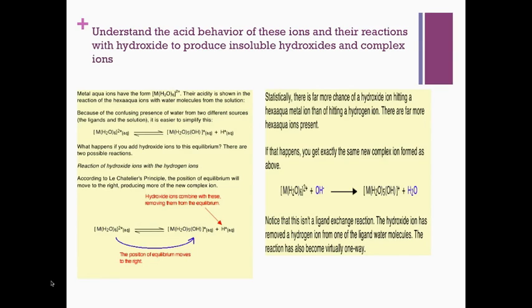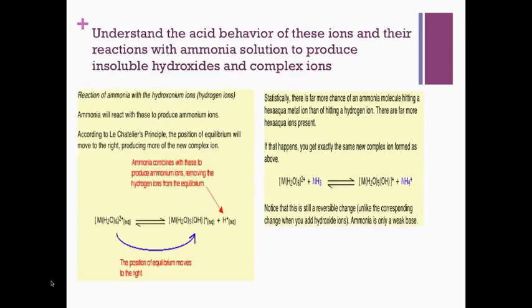So we've just looked at what happens when you add hydroxide to a complex ion. There's two directions that it may go. The one on the right is statistically the greater one that would be happening. What happens if you add ammonia? There's two alternatives as well. Again, if you add ammonia,